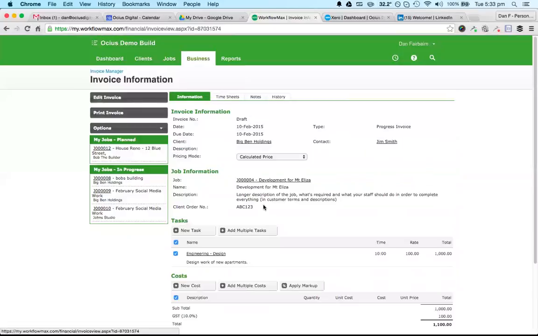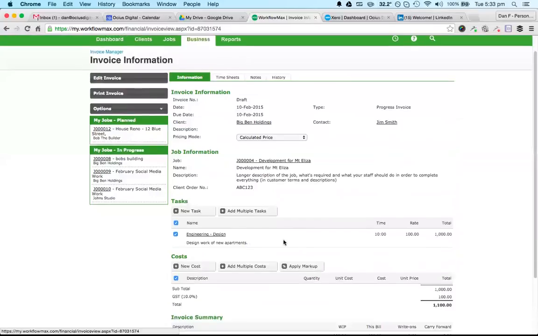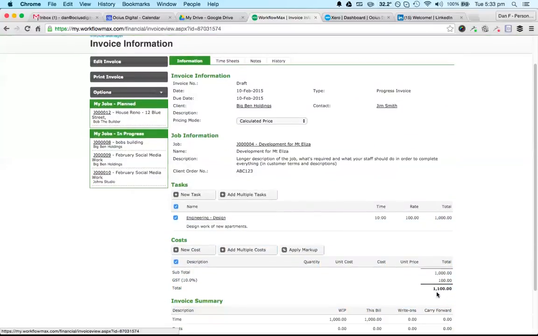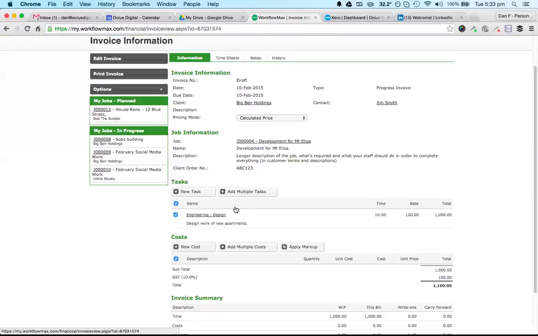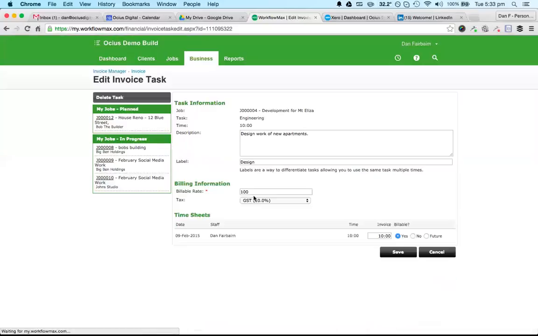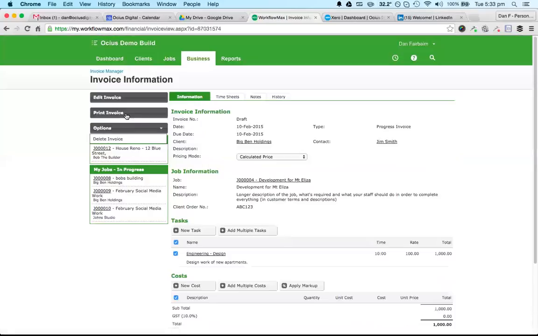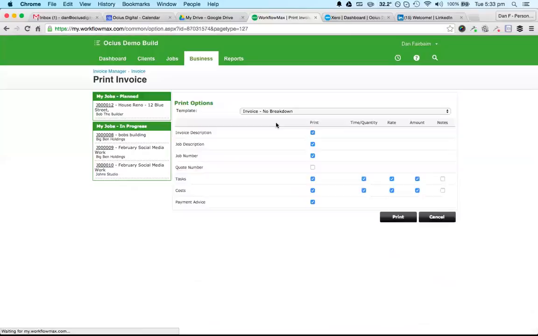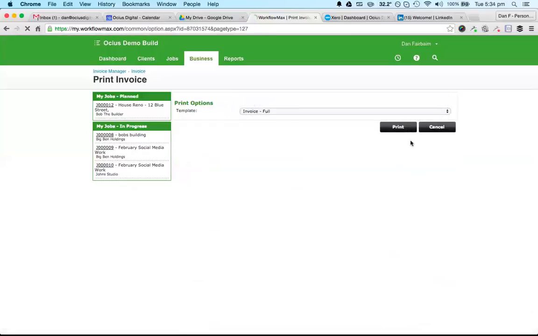Then basically there isn't a reference here, so it still shows here with an amount, total. Obviously, were this a real British one, we'd take GST off. So I might just quickly go in and take tax off for that to make it a bit more realistic. And if I go print invoice and then choose one of my types of invoices in the system,